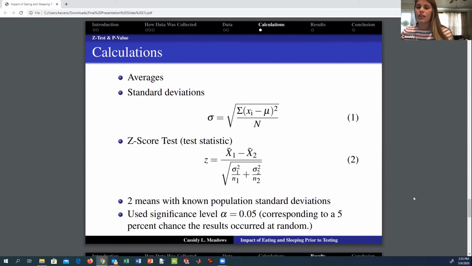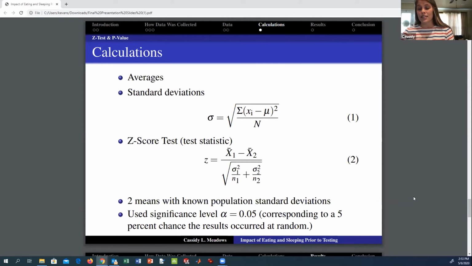So some other calculations that I did, aside from the averages, my main goal was to determine the statistical significance of my data. In order to do this, I had to work backwards. I first had to do a z-test, but in order to do a z-test, I had to have the standard deviations of them. So I took the standard deviations using this formula, and I used that standard deviation to put it into my